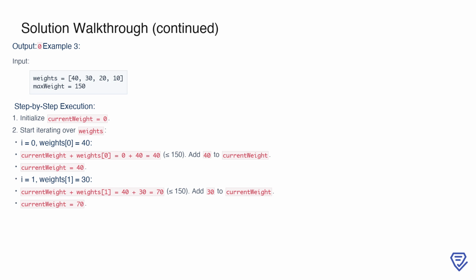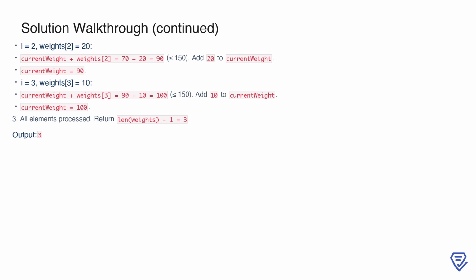We start by initializing current weight to 0. The first person, weights[0], has a weight of 40. Adding this to current weight results in 40, which is within the limit, so we include this person and update current weight to 40. For the second person, weights[1] is 30. Adding this gives a total of 70, which is still within the limit. We include this person as well and update current weight to 70. For the third person, weights[2] is 20. Adding this to current weight results in 90, which is within the limit, so we include this person and update